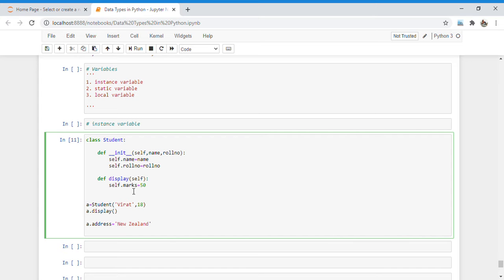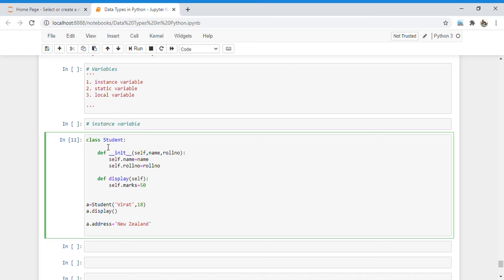So the various places where we can declare an instance variable: first is inside a constructor, by using the self reference variable. Then another place is inside a method, again by using the self reference variable. And the third way is from outside the class by using the object reference.